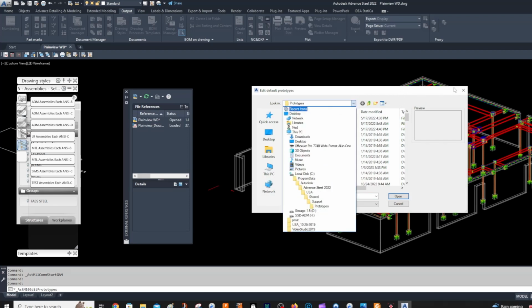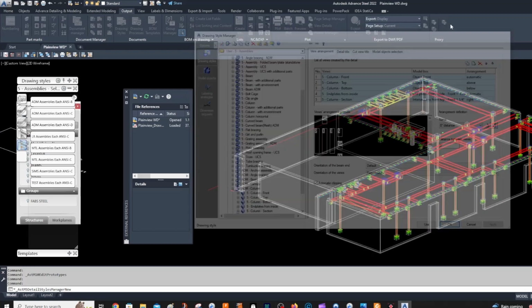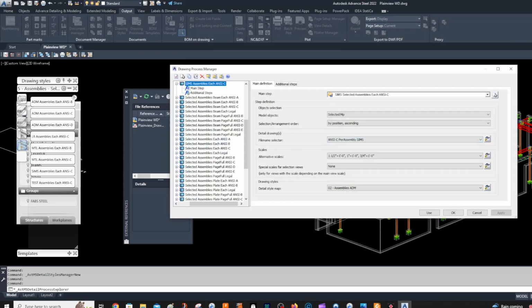So, sorry, I'm thinking about something. No, that's the drawing styles, sorry. Drawing process. Okay, so in this drawing process, I would have had the columns going vertically on a horizontal sheet or on a landscape sheet. And in this one, we will see